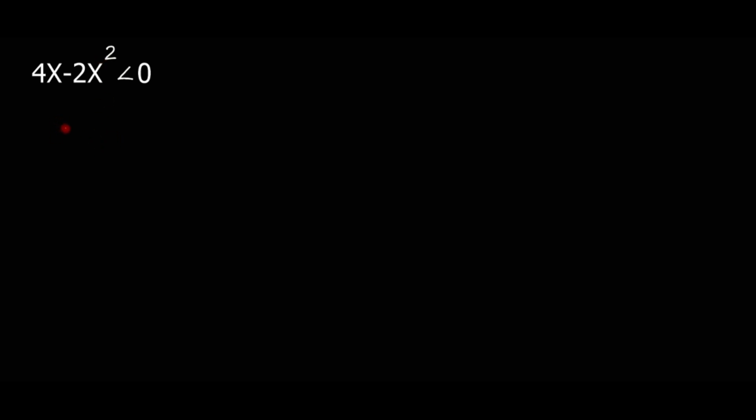4x minus 2x squared is less than 0. Ge o ka lebelela this quadratic o ka kgona go lemoga gore re na le only 2 terms. So it means for this quadratic e rela gore c ya rena ke 0. So ge re na le this problem o ka kgona bona gore it becomes easier ge o ka ntšha x